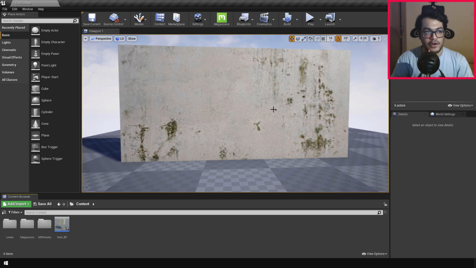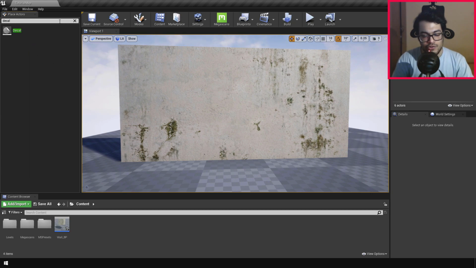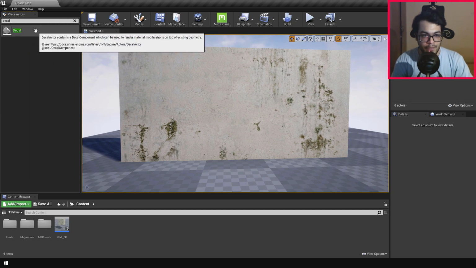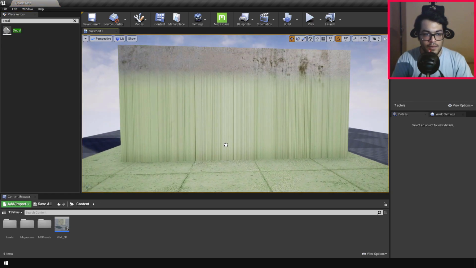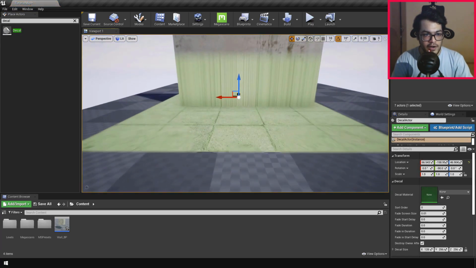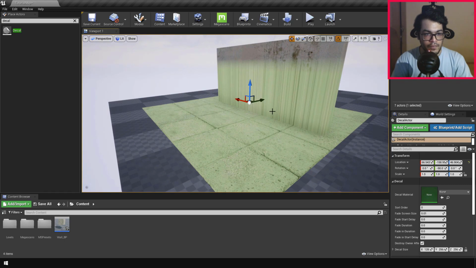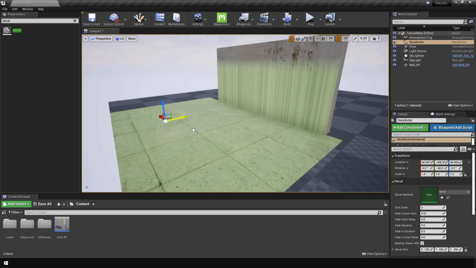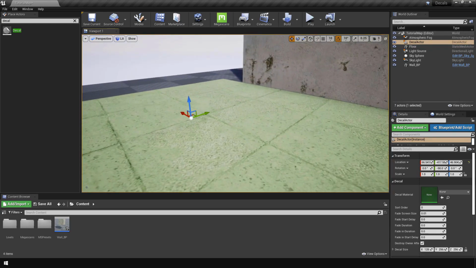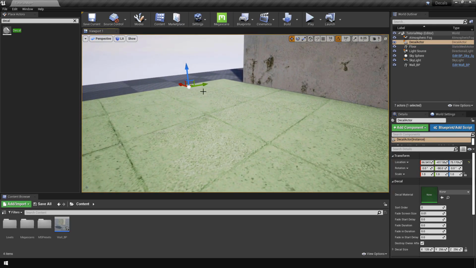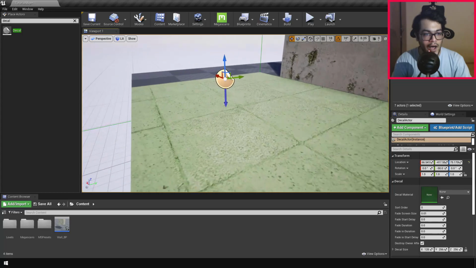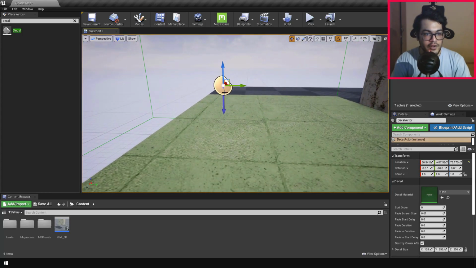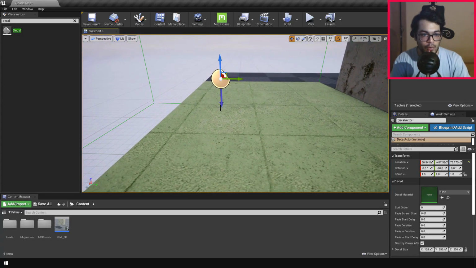Okay, so to make the decals, we are going to go in the Place Actors tab and we need a decal actor. So just add the decal actor in your scene. The moment you add this, you will notice that it is projecting on the floor. You will see a blue arrow right here. This is basically the direction in which our decal will be projected.